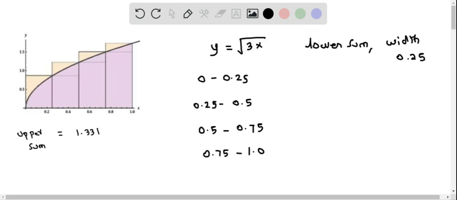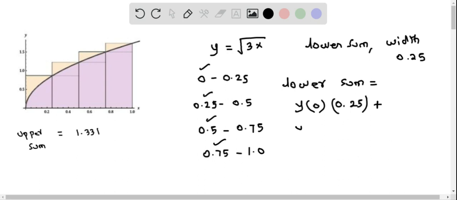We now determine the lower sum approximation. So to calculate the lower sum, we should utilize the left endpoints of each of these intervals. That is, we should use 0, 0.25, 0.5, and 0.75 to determine the heights of each of the rectangles. And then we have to sum the area of each of the rectangles. So we write lower sum. This equals the first rectangle. We use the x as 0. So this will be y of 0 times the constant width, which is